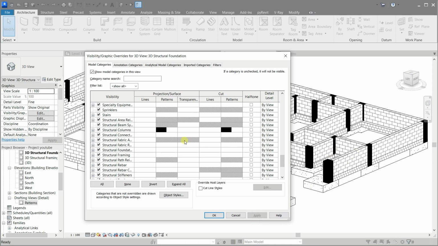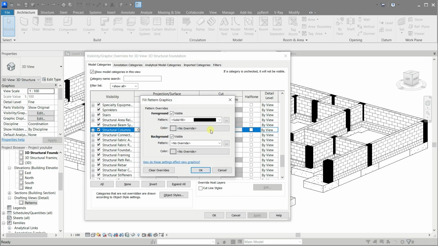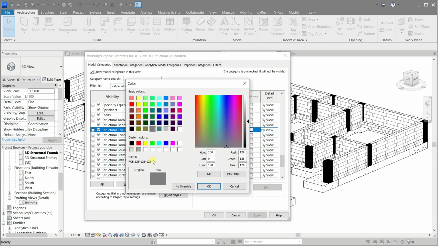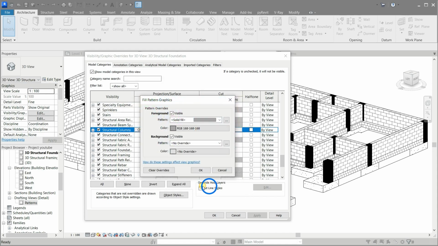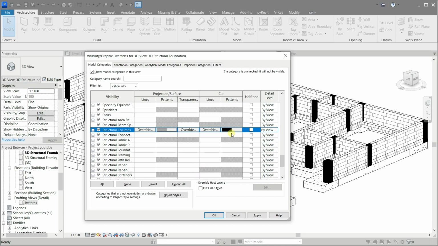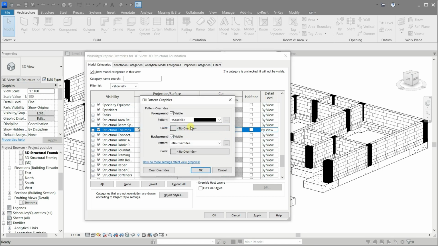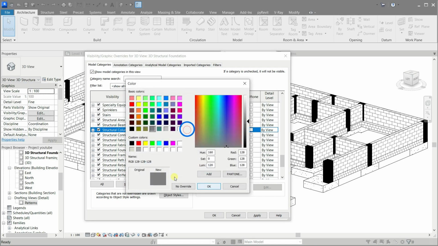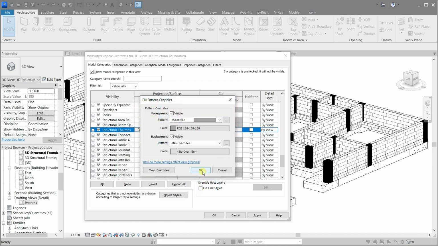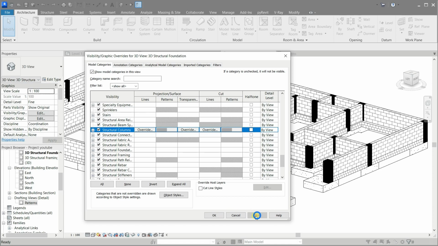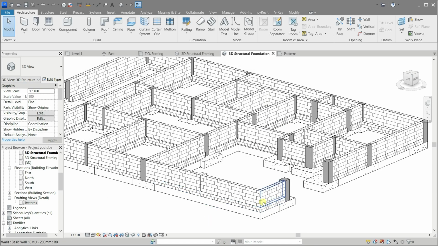Well, that's too much for my eyes. Let's make it gray. Okay, now it's much better.